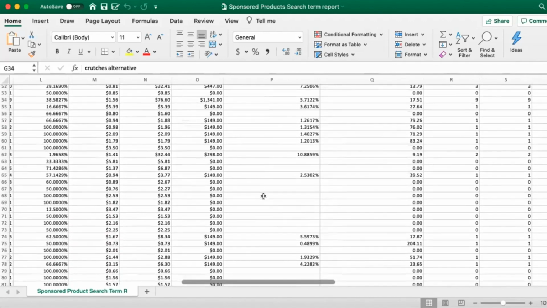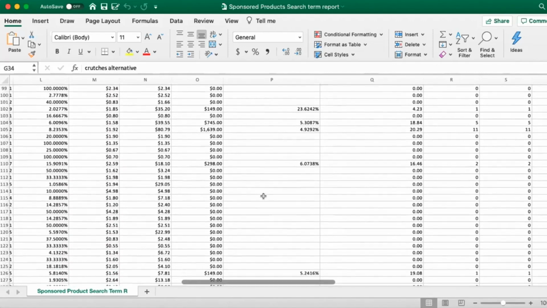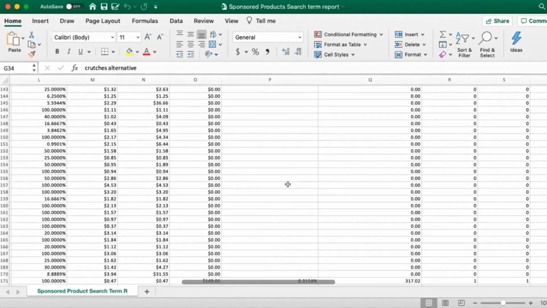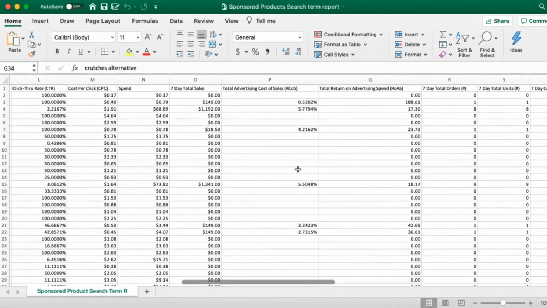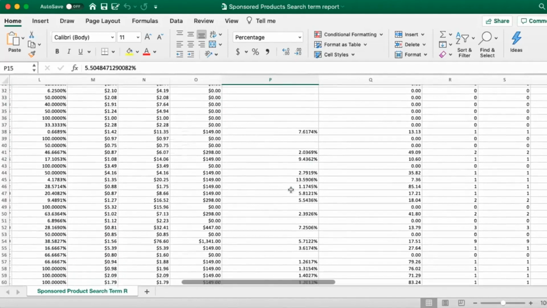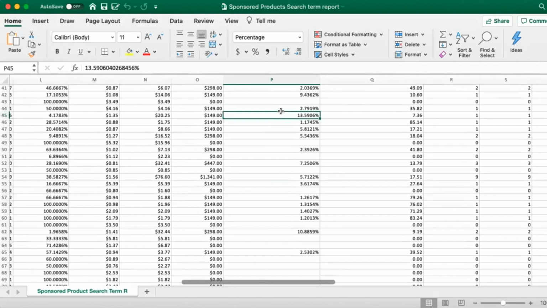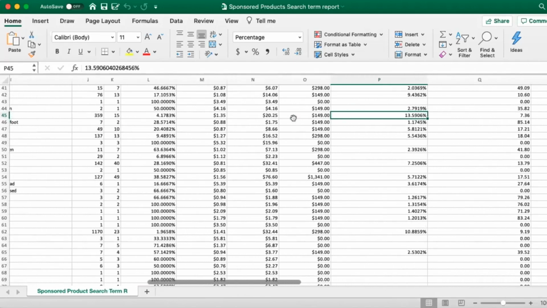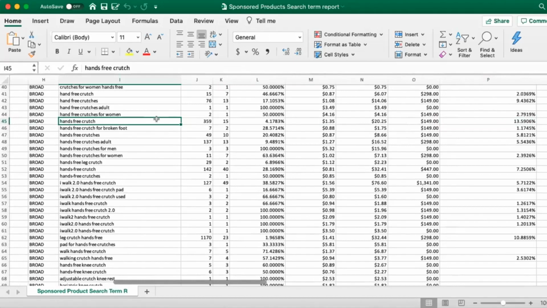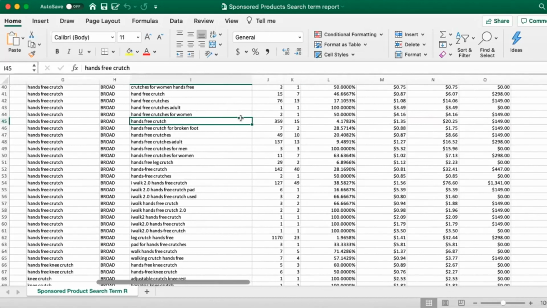So I won't go into the whole process of sorting it, but you can basically see that if you did sort it, all the ones that do have an ACoS would be pulled to the top, and then you'd be able to find the ones that have a high ACoS, not this one, but I was looking for one that possibly had a high ACoS. This one has a 14% ACoS, so that's higher than everything else. So that might be something then you would want to look at that particular search term, which in this case is hands-free crutch. And that might be something that you'd want to maybe optimize in the campaign